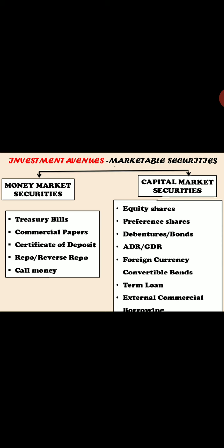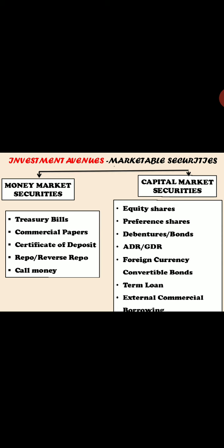For example, if the government is going to issue treasury bills for rupees 100, I'll take just a minimal amount for your better understanding. It is going to issue a T-bill for 100 rupees, which is of 91 days, where the maturity period of that particular treasury bill is 91 days. Even though the face value is 100 rupees, the government is going to issue it at 98.20. Listen to me very carefully.